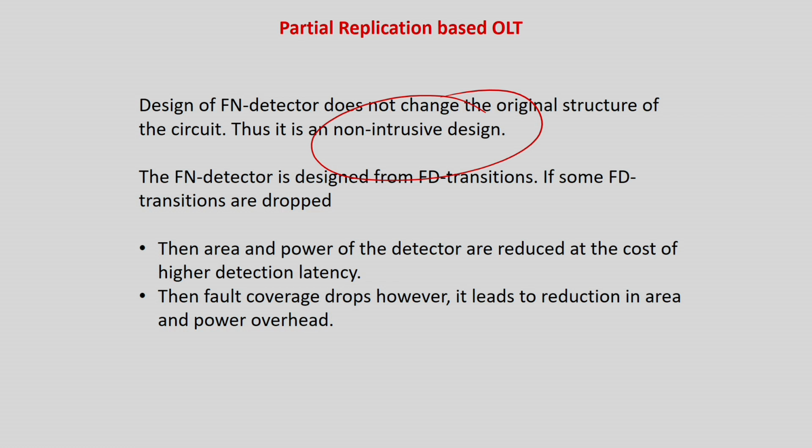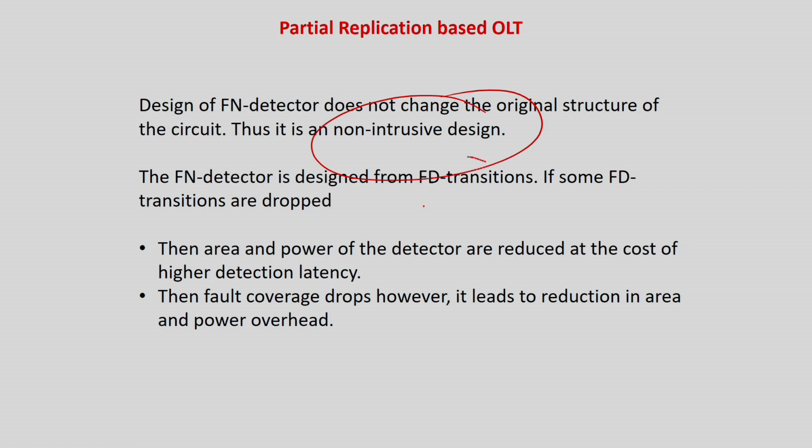But how do I trade off? Because if you have a circuit with a very big FN detector, it is not good. So you drop some FD transitions. In this example, I had only one fault and one FD transition. But in a real case, for given faults, a lot of FD transitions will be there, and the circuit tester size will become very high. What can you do? You drop some. Some you blindly drop so that the area of the circuit comes down. But which one will you drop? Another research area: which are the important FD transitions.